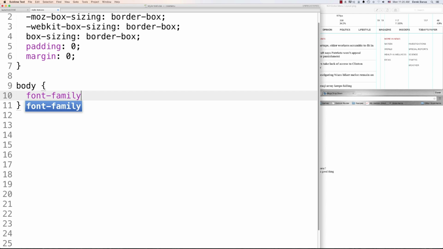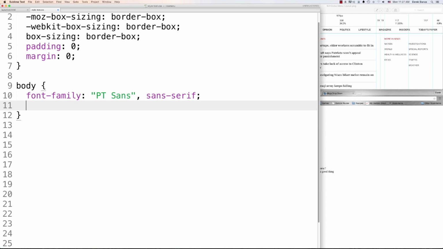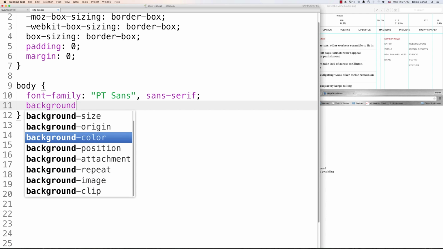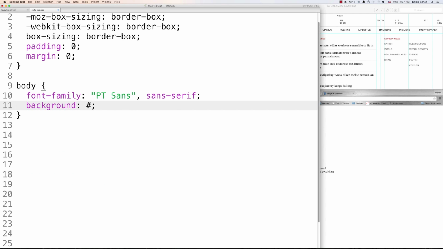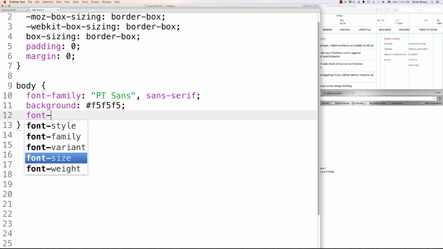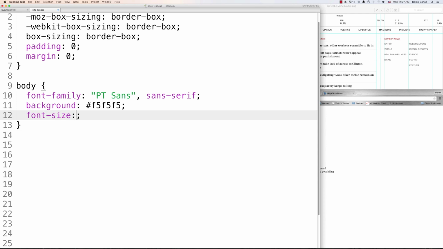Let's come in here and create our font family for our whole entire site. I didn't even look at what the globe is using. I'm just using this because this looks good. Sans serif is the default font I'm going to use here for the entire thing. I'm going to come in for my background, and what do I want to do? Let's try F5, F5, F5, just for the heck of it. And then what I want to do is document wide. I want to set my font size to